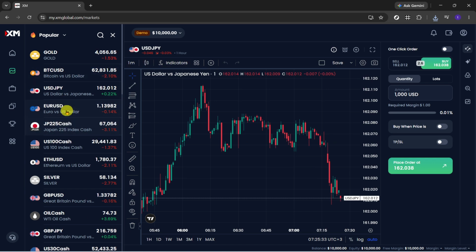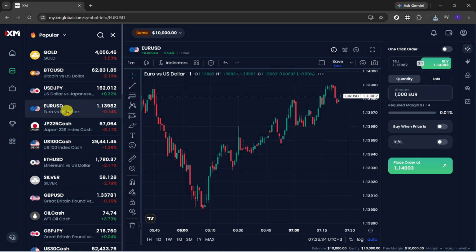After that, choose a sample symbol from the market list. This will open the details page for that instrument where you can view pricing and trading actions. The exact symbol may vary depending on what you want to trade, but for this walkthrough, simply select the sample